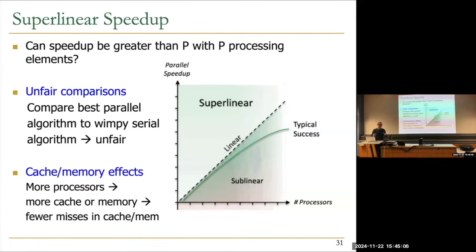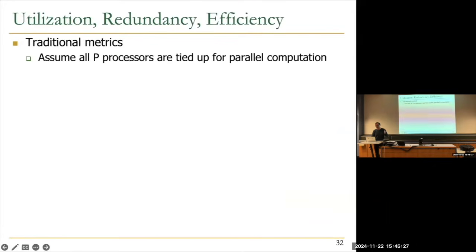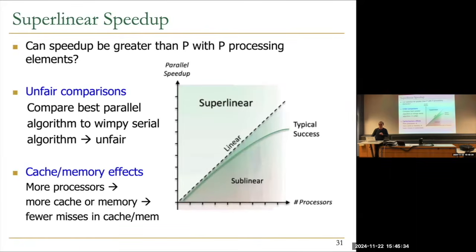You could also say this is an unfair comparison. Maybe you should be comparing to a single processor with a 10 megabyte cache, but there may be good reasons that this may not be possible if you're doing a real system comparison. So this is real: with cache and memory effects, you can actually get superlinear speedups. Hopefully, you're not getting them because of unfair comparisons, though. Okay, so hopefully this was a useful exercise, even though it took some time. And whatever we experienced here is real. In real life, it's actually much more difficult.